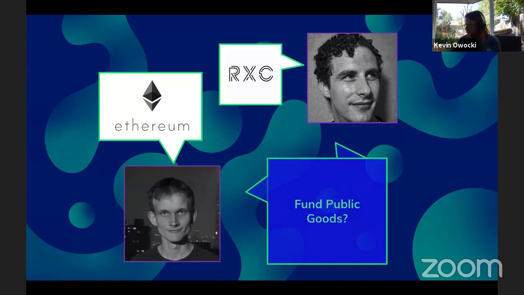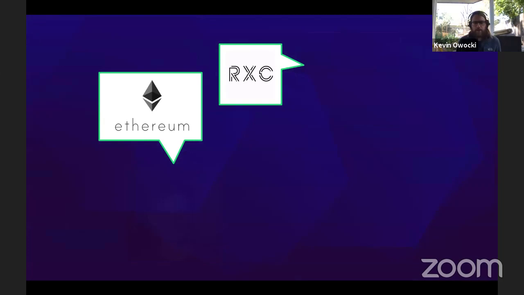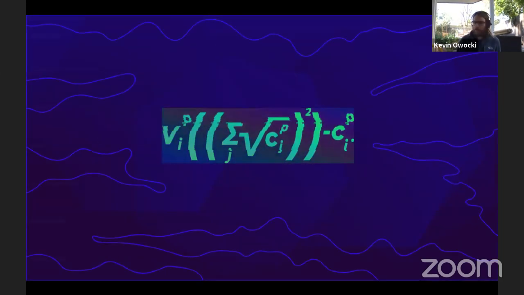And so these two got together. I like to say that two economists walk into a bar and start thinking about how to fund public goods. But the truth is that they met on the internet and came up with this idea for something called quadratic funding. Basically, quadratic funding is this magic formula,